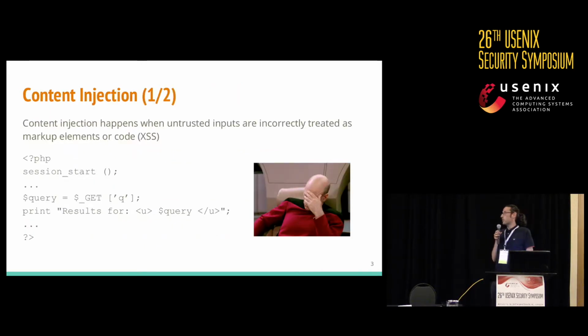To exemplify content injection, I picked this simple snippet of PHP code. The idea of content injection is that this attack happens when some untrusted input is treated as a markup element or code by our application. So in this specific case, for instance, we consider a page with a simple search engine. What we do first is authenticate the user by calling session start. And then we read the parameter Q from the query parameters. And before doing the lookup, we print on the screen the value of this parameter, saying this is the results